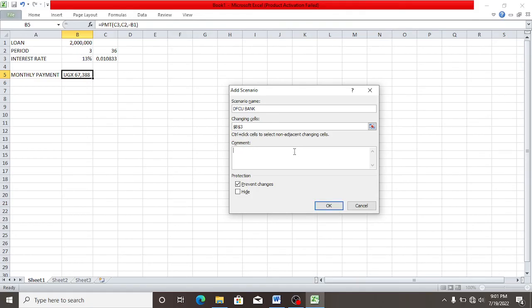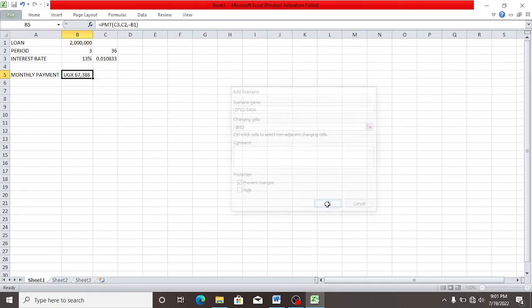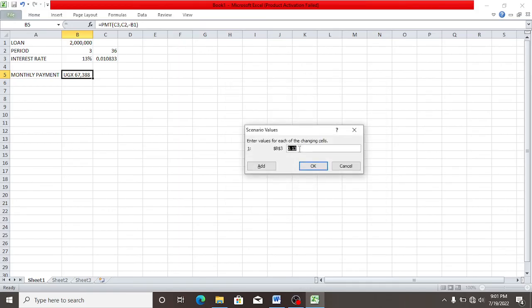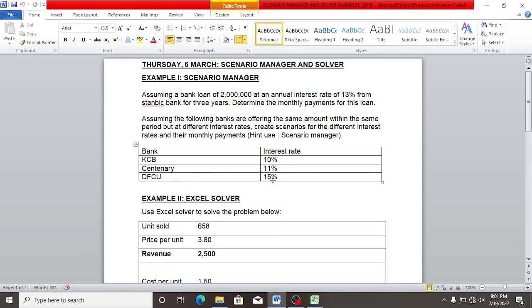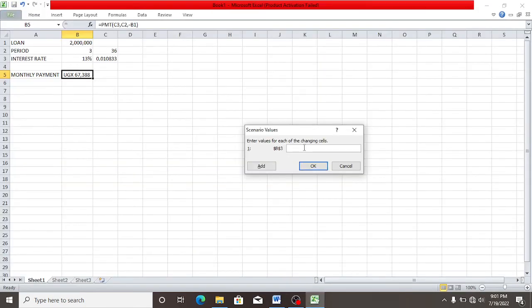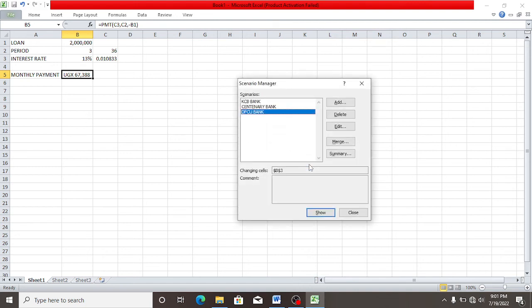Let me remove it. Press OK. Then I want to change the interest rate from 13% to 15%. 15%. Then I press OK. So I've now created the 3 scenarios.